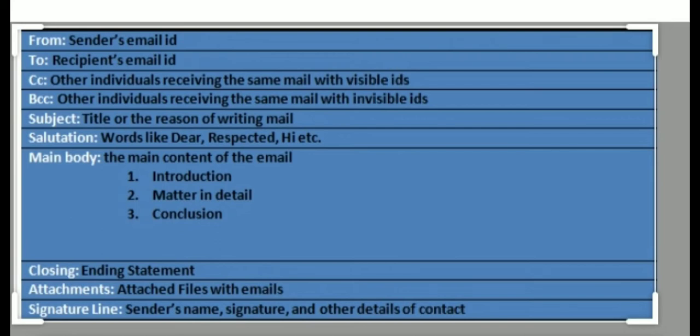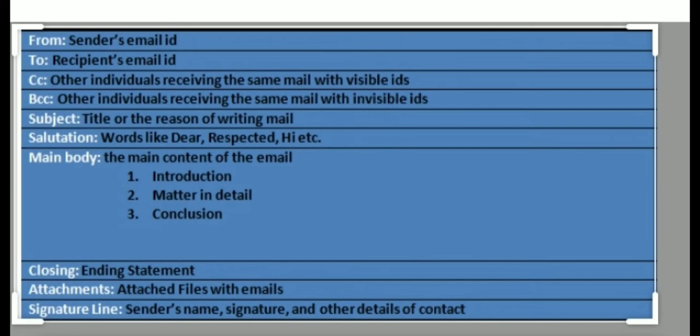Now the specification is here: Mr. John is going to get the same mail along with the 10 other people, and Mr. John is going to get the email addresses of all the 10 people to whom you have sent the email, and the 10 other people are also going to get each other's addresses as well as Mr. John's. So this is the main speciality of To and CC.